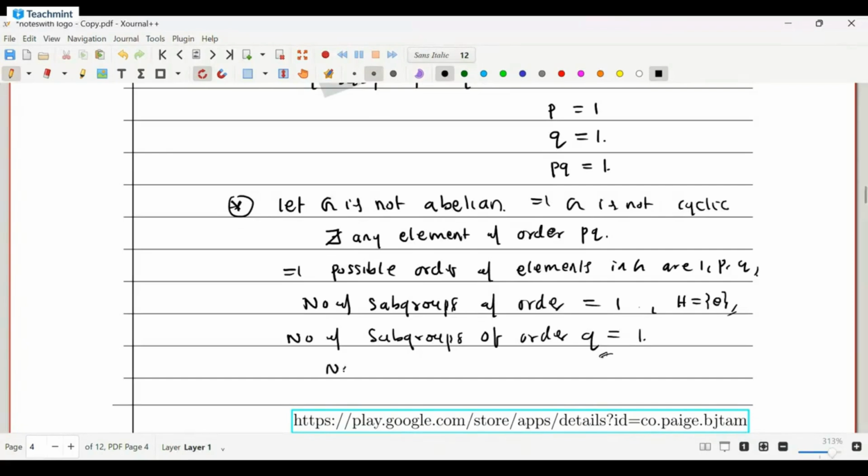కాబట్టి the number of elements of order Q ఎన్ని సార్, ఎన్ని వస్తాయి? ఐడెంటిటీ ఒకటి తీసేస్తే రిమైనింగ్ ఎలిమెంట్స్ ఏంది, Q minus 1 ఎలిమెంట్స్ ఉంటాయి. నంబర్ ఆఫ్ ఎలిమెంట్స్ ఆఫ్ ఆర్డర్ Q is equal to Q minus 1 ఎలిమెంట్స్ in G లో ఉంటాయి కదా. So therefore